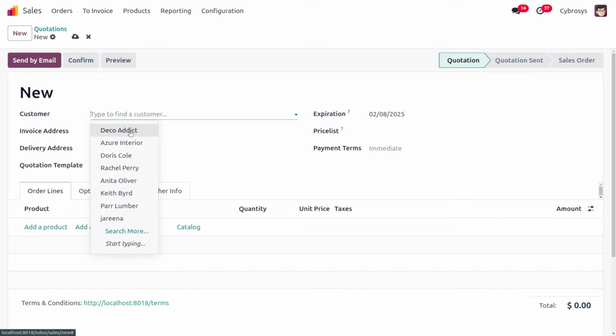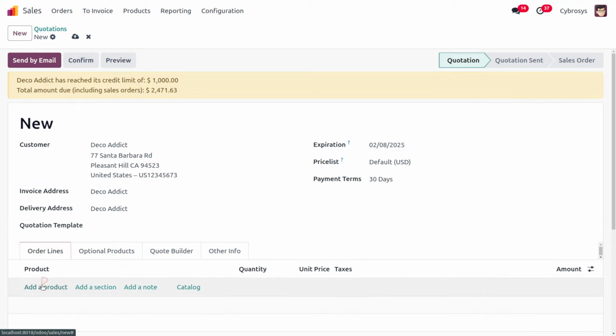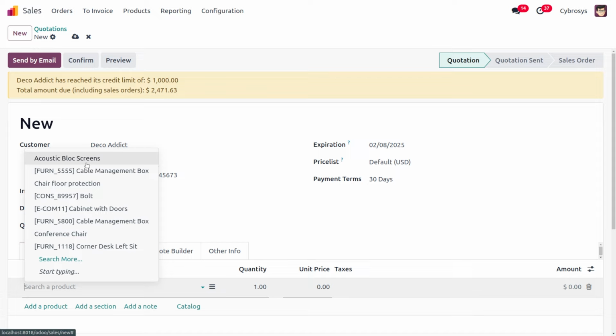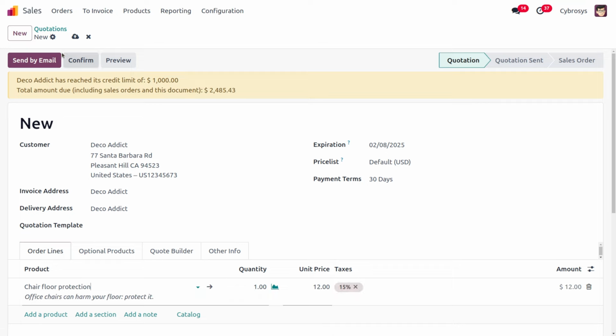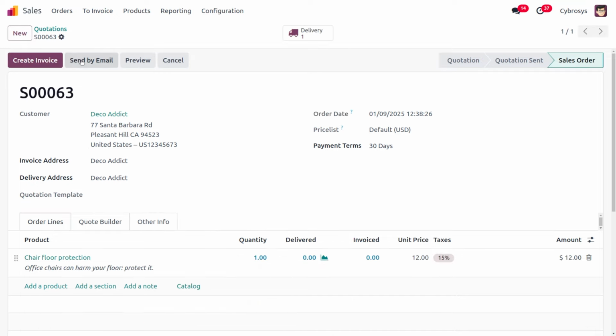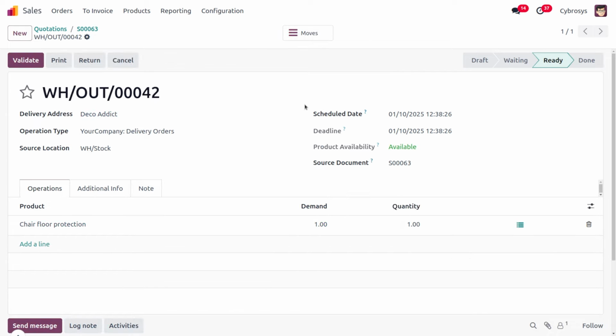Now we can also move on to the Sales module to manage the delivery operation. I'm going to choose a customer as required, and I would like to sell the item. As I move on to the products, I would like to choose the same product, which is chair floor protection. Now let me confirm this. As I just confirmed the order, you can see that the next step is to deliver the item to the customer.